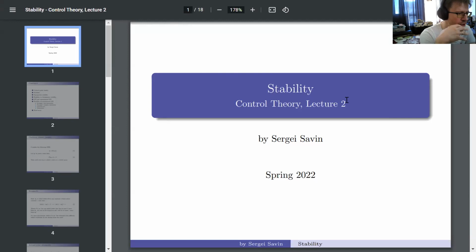It is both a complete foundation of our course and more or less a complete foundation of the whole engineering field of control theory. Stability is the main criterion of success or failure, the main goal when designing the system, the main way to assess the quality of the system. So in a sense, it is everything for us. And it's also not very difficult to understand. So let's just go into it and we'll see what stability is.